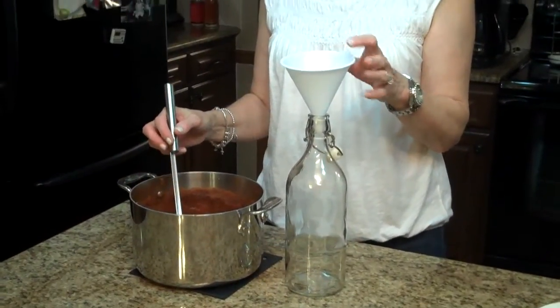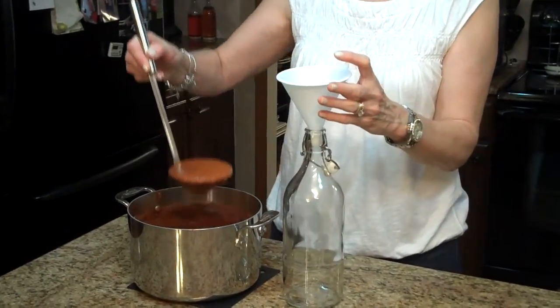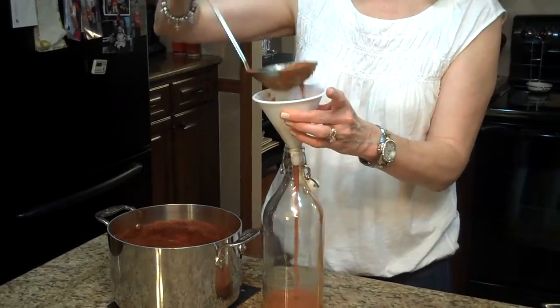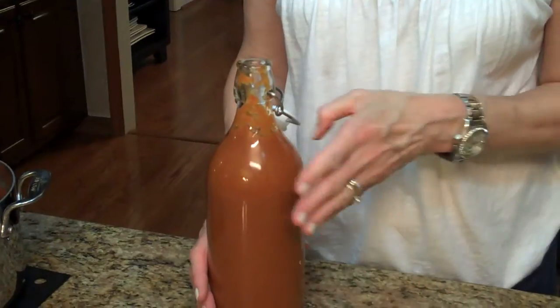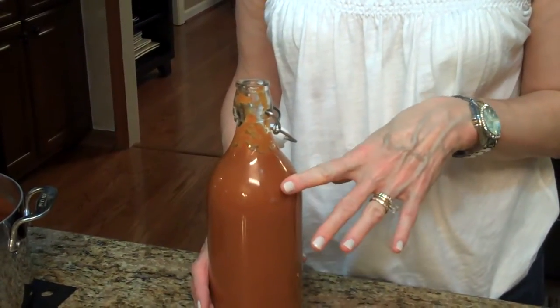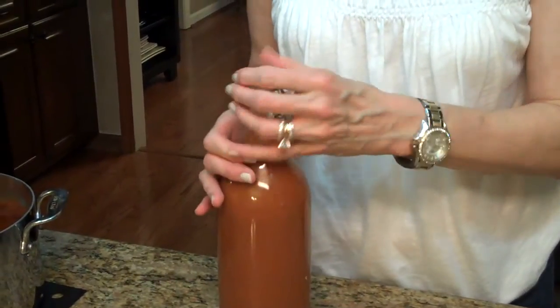I have a funnel in my jar to help put the ketchup in, and so now I'm just going to ladle it in. So here's my homemade ketchup that I've put in the bottle. I did want to say that you need to remove your bay leaves before you put it in your storage container. So I'm just going to close it up,